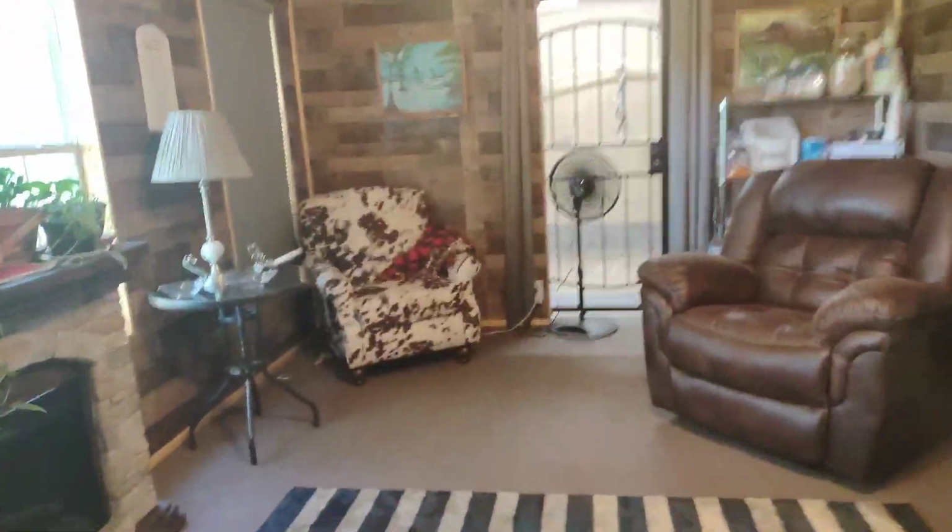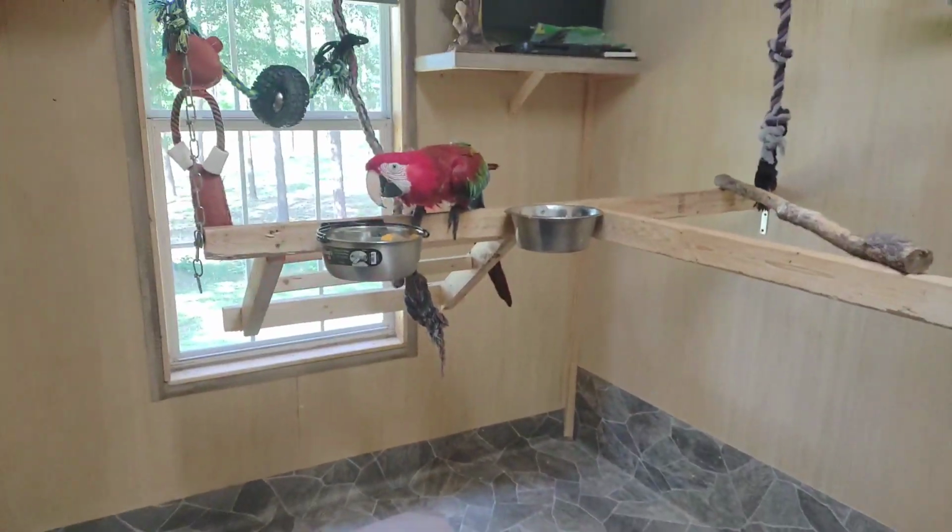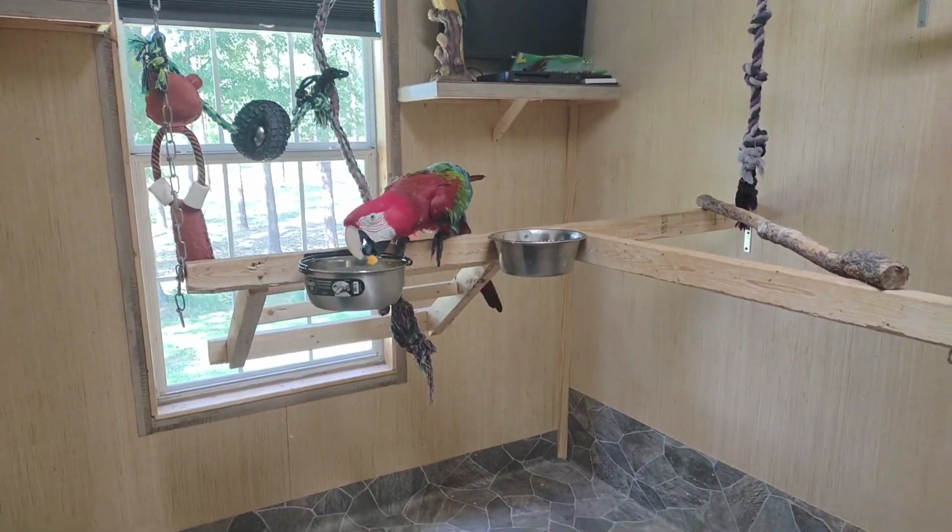Okay, I put Maya back in her room. She's been outside all day, and it's evening time, so I put her back. Hey, baby. So she's eating. Okay, so she's in her room, and